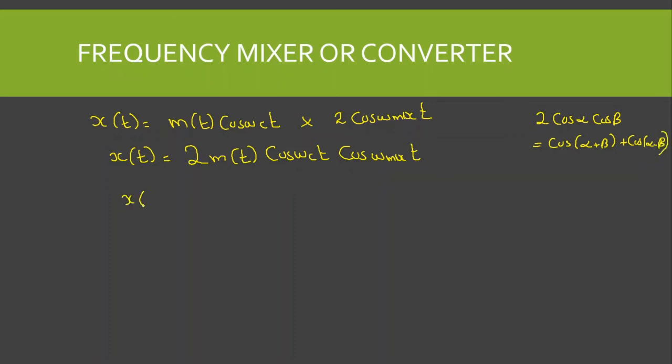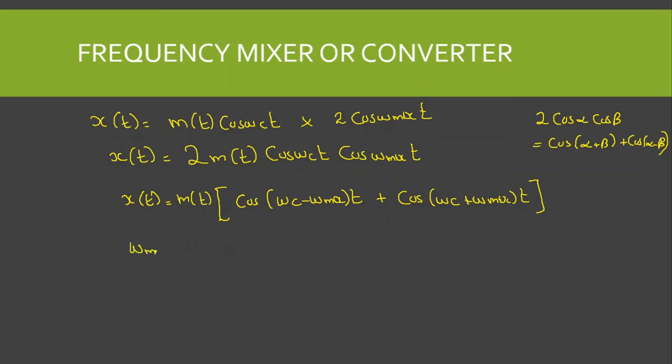This means that x of t is going to be equal to m of t times [cosine (omega_c minus omega_mix) t plus cosine (omega_c plus omega_mix) t]. So now we have used the trigonometric property. For example, first we are going to select omega_mix equal to omega_c minus omega_IF. When I select this, I am going to simply put it over here. So in place of omega_mix, here and here, I am going to put this. So we are going to have x of t equal to m of t